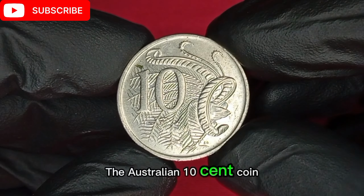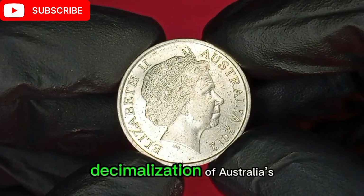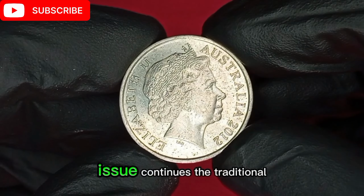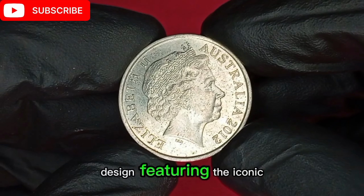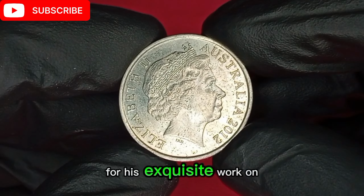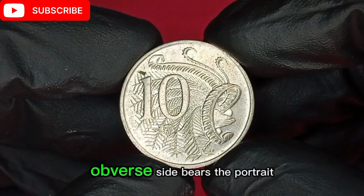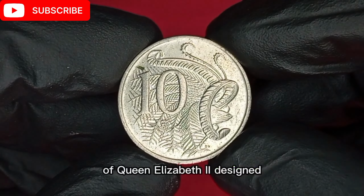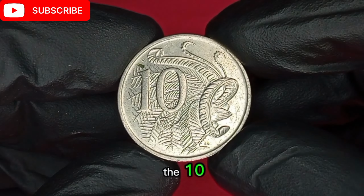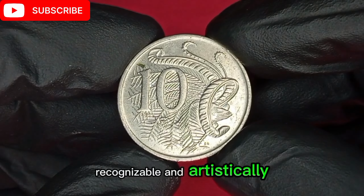The Australian 10-cent coin was first introduced in 1966 during the decimalisation of Australia's currency system. The 2012 issue continues the traditional design, featuring the iconic lyrebird designed by Stuart Devlin, known for his exquisite work on Australian coinage. The obverse side bears the portrait of Queen Elizabeth II, designed by Ian Rank-Broadley. This elegant and detailed design has made the 10-cent coin one of the most recognizable and artistically admired coins